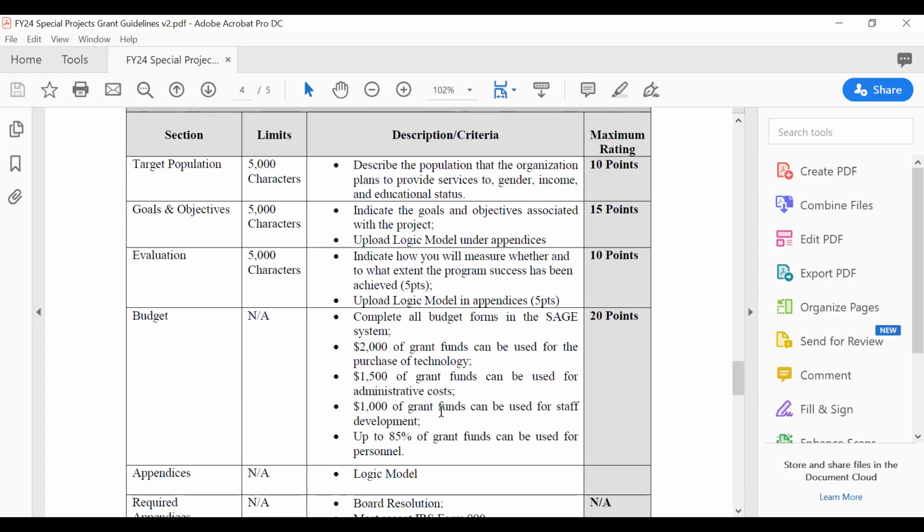All right. The evaluation should indicate how you will measure whether and to what extent the program success has been achieved, and upload the logic model. Now, the impact column of the logic model, you should be able to copy and paste and tweak that from the logic model and put it in this section, plain and simple.